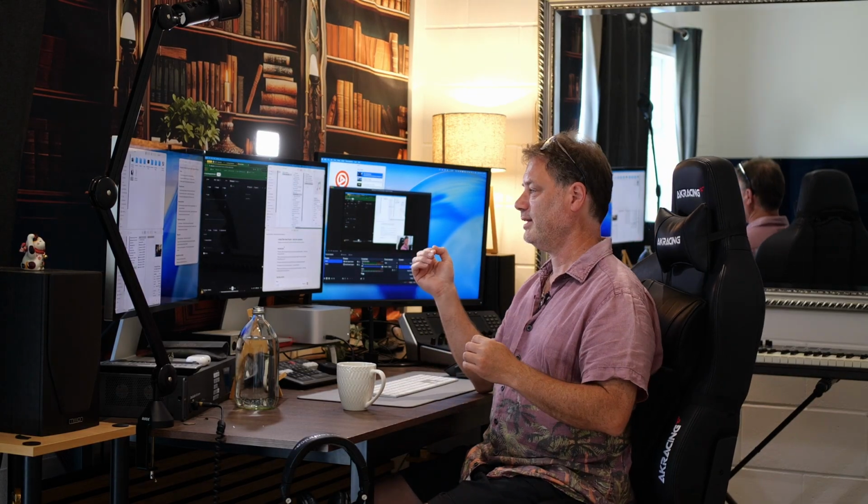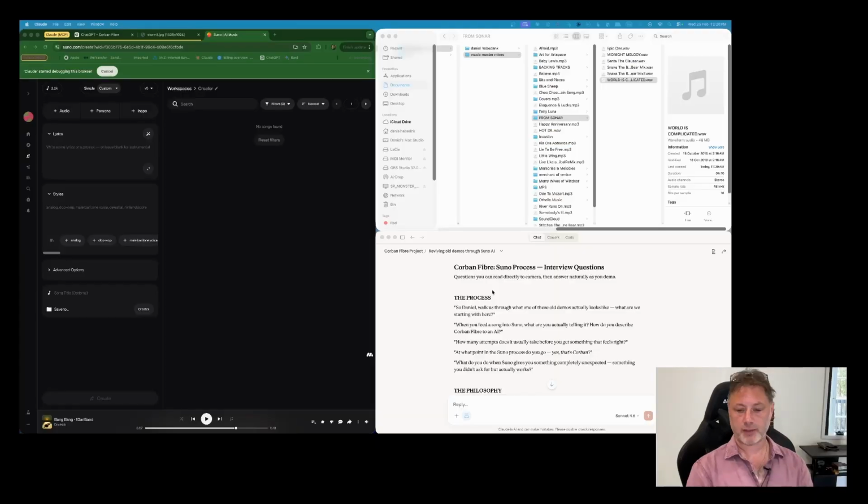They actually work together on a project, and I got them to work together on something which I thought was quite cool. Again, I'm not an expert. I just dabble and I work around it, and sometimes I stumble upon something that is magical. And I thought one of those moments was magical. And that was in the creation of Corban Fibre Pictures, which I think will be in the next video. So getting back to the question,